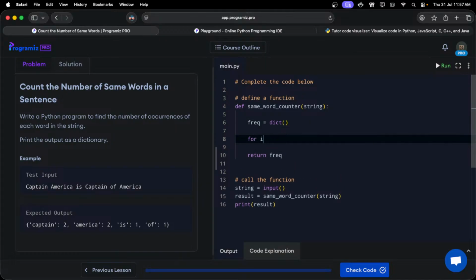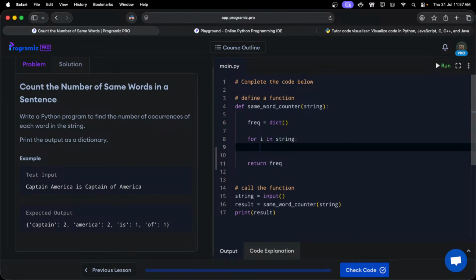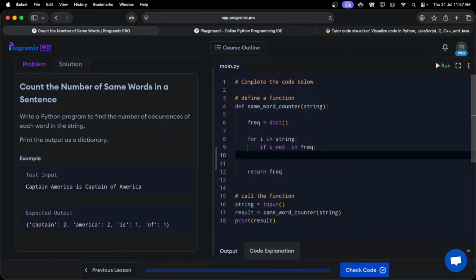And for i in string, if i not in frequency, you simply do frequency i equals 1,